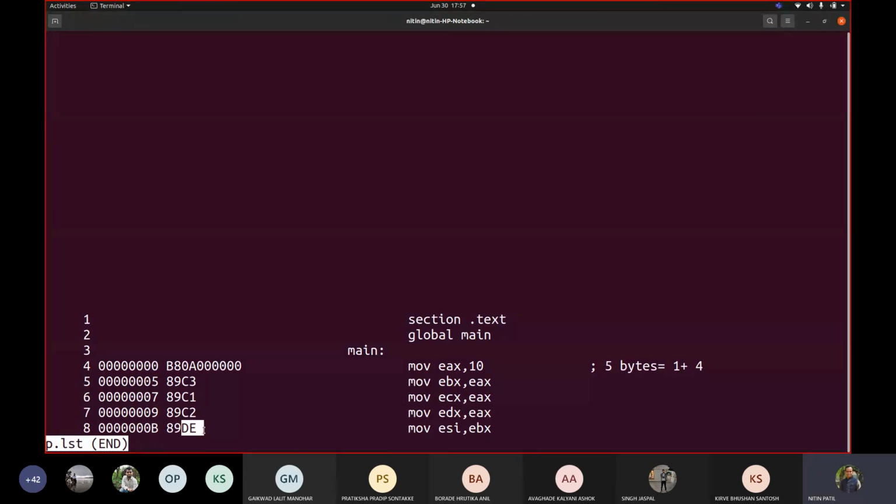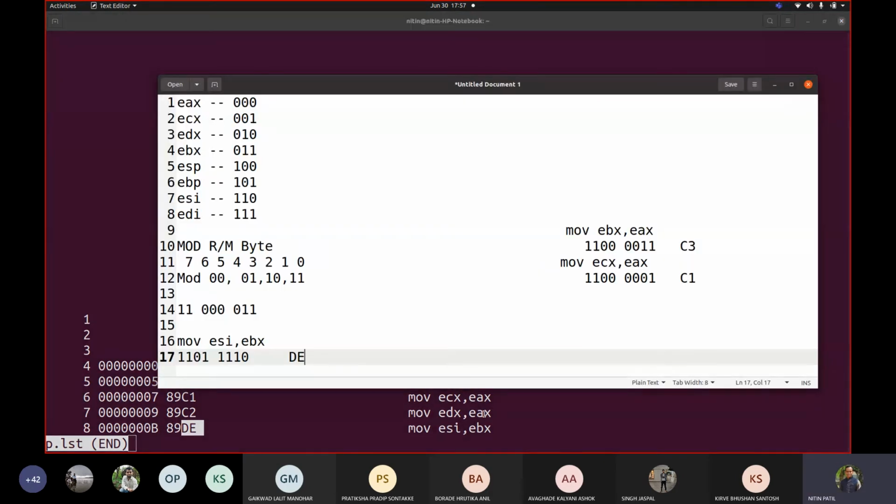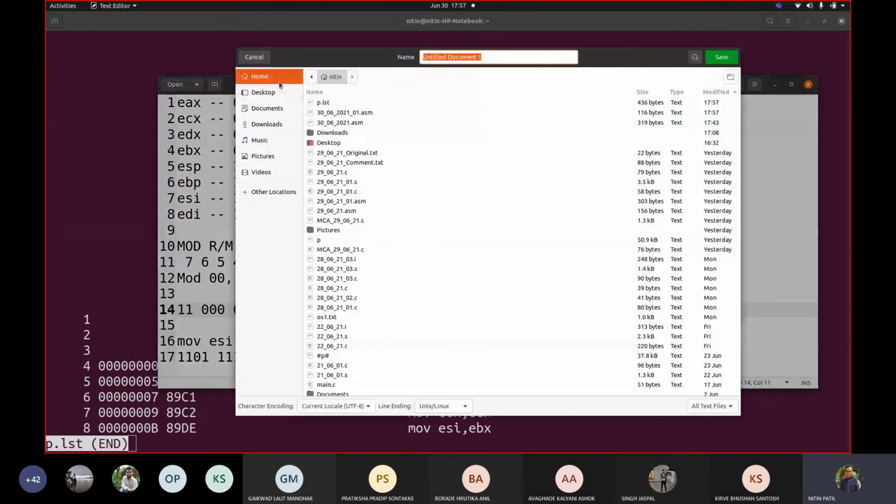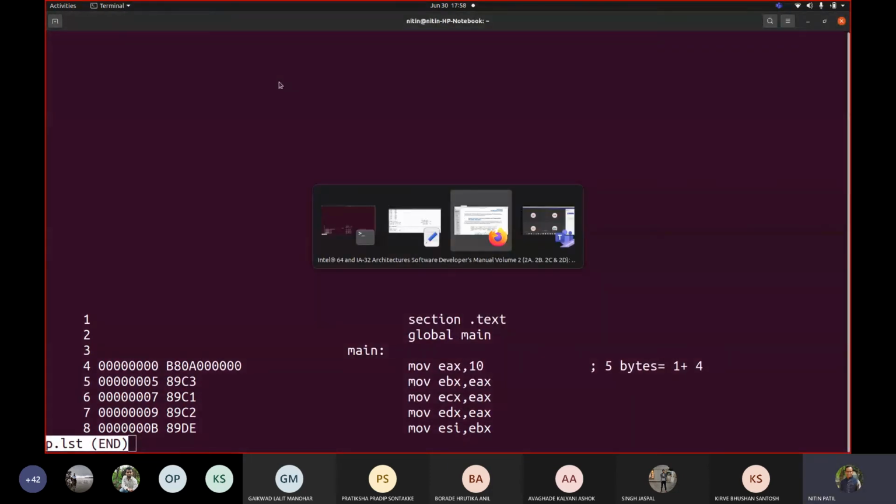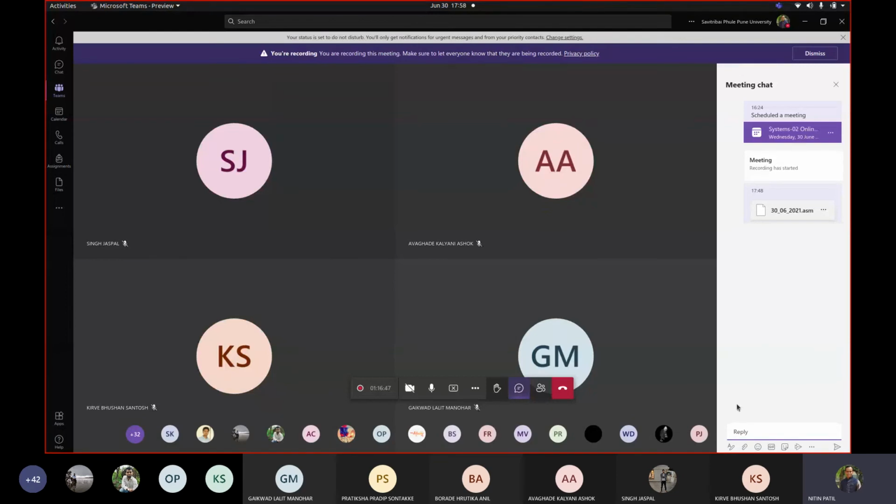Now we know if I have an instruction like this, how exactly it is to be converted. Are you with me? Okay. Now a target for you, whenever you have free time. I'm also passing this file for you. Let me save this as notes.txt, and attach it so that you can use it.